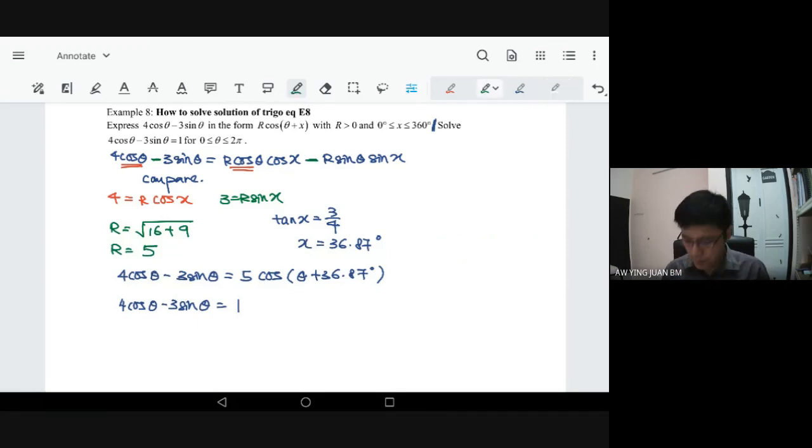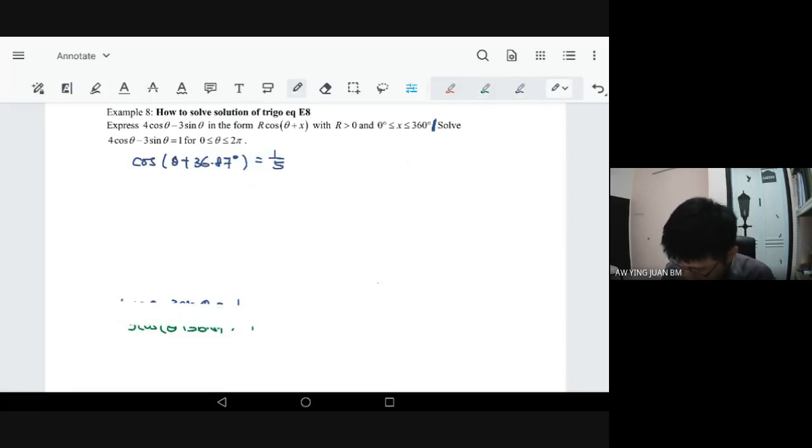Okay, so continue. Compare. By using the compound angle, we can switch from the 2 types of trigo to become 1. So here we compare 5 cos bracket theta plus 36.87 equals to 1. So here, what happens? Back to normal. Understand or not? Back to normal. So that is our basic. We're already back to normal. So step number 1,